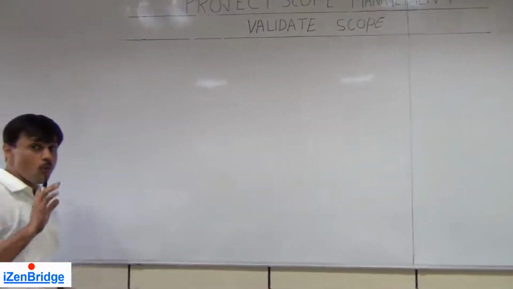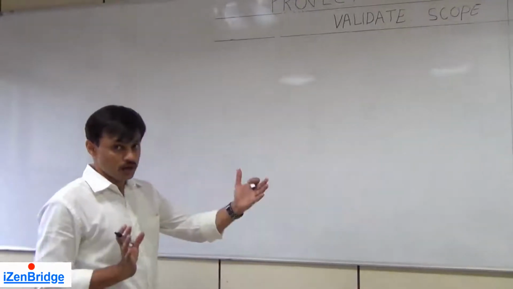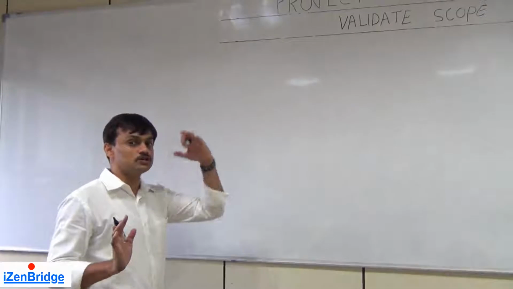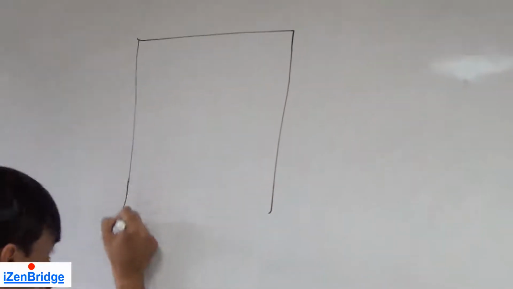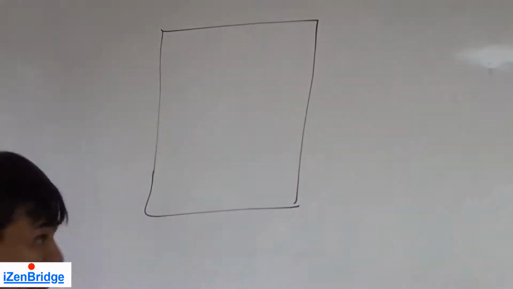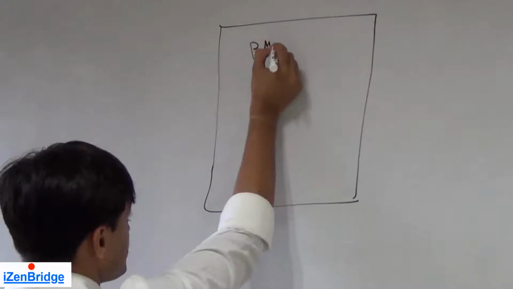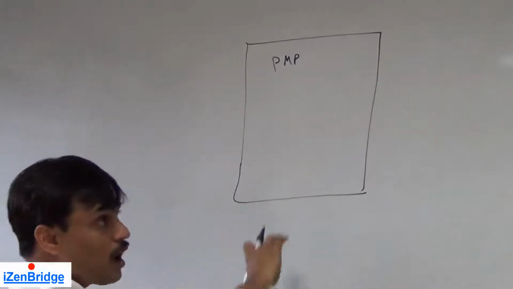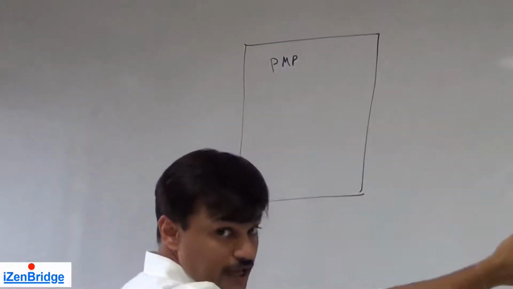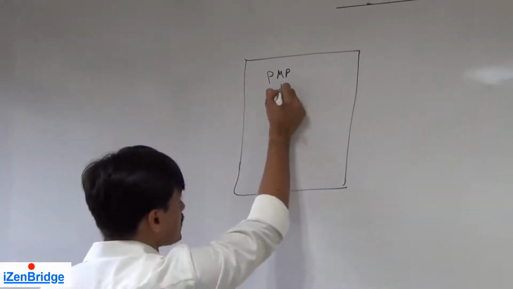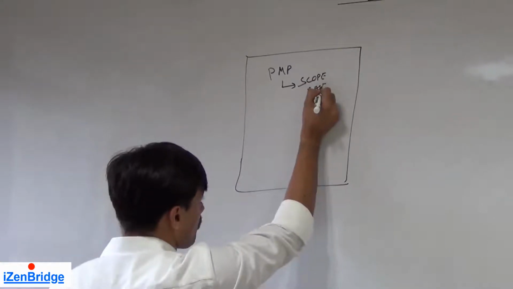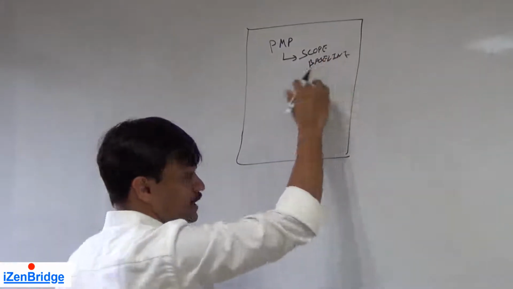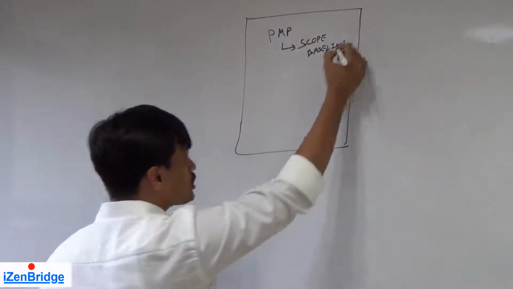Now we want to validate the work deliverable against the scope. So first we need to know the scope, and from where we get the scope, we have three inputs which help us in identifying scope. The first is the project management plan. Now this also tells us how we should do the validation, but it also gives us the scope baseline. And in the scope baseline we have the scope statement, WBS and work breakdown structure.